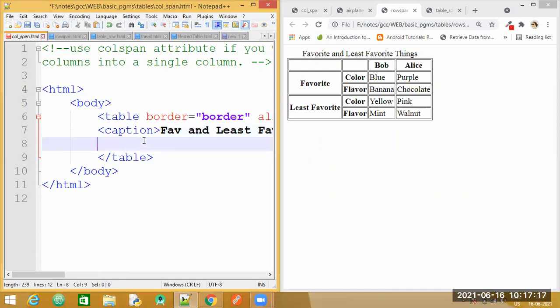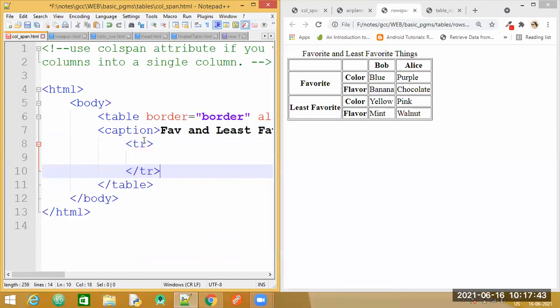Coming to the first tag here, what do we need to specify now within the table? Can anyone tell whether it has to be a th or a td? TR. Okay, first tr, correct. Then I think it will be row span of merging 2 rows. So where shall I specify the property for row span? The property name is row span, correct. So shall I write it after tr?